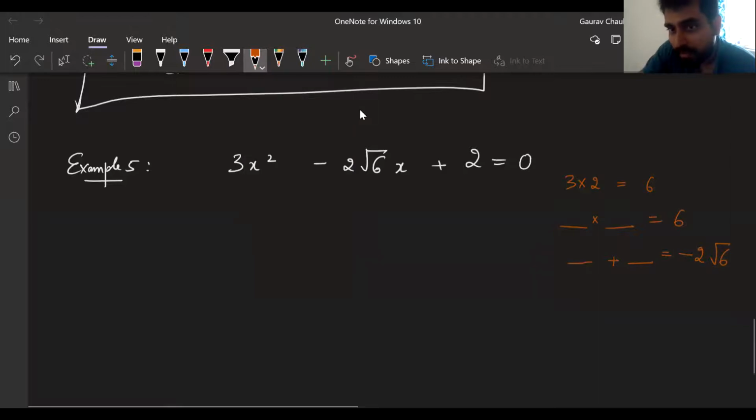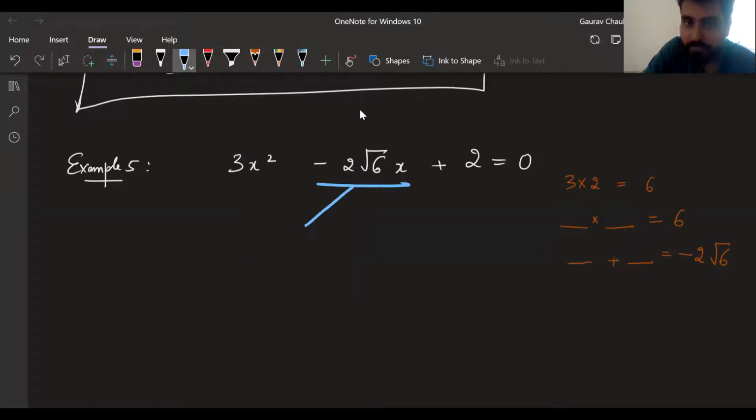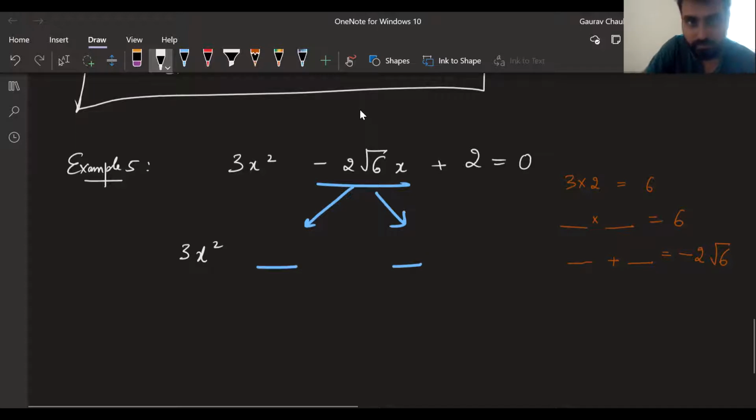I have to split this term into two terms, right? Something x, something x. I don't know what, those both can be different also, yeah? Both can be different, both can be same, does not matter. Then it will be 3x square. Let me write it like this. 3x square